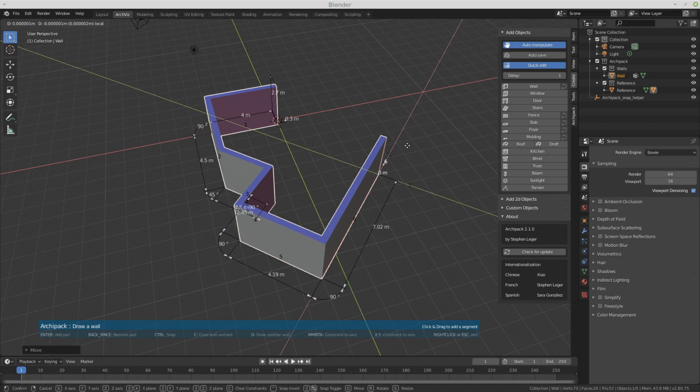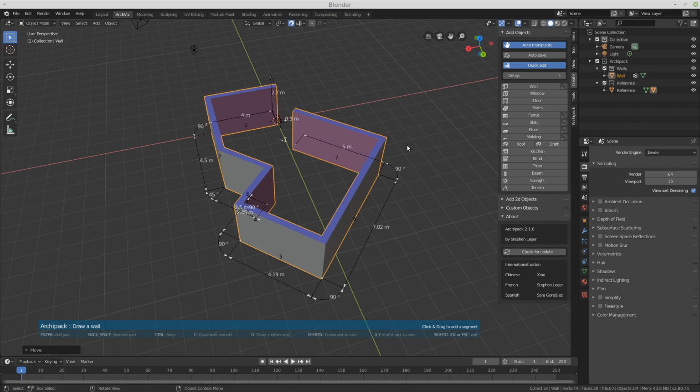Then on the keyboard, 5 meters with constraint YY, maybe minus 5 meters, and Enter to confirm. I can now use C to close my wall.